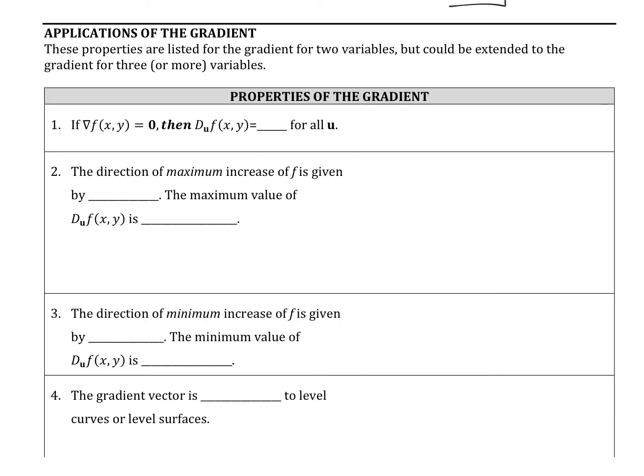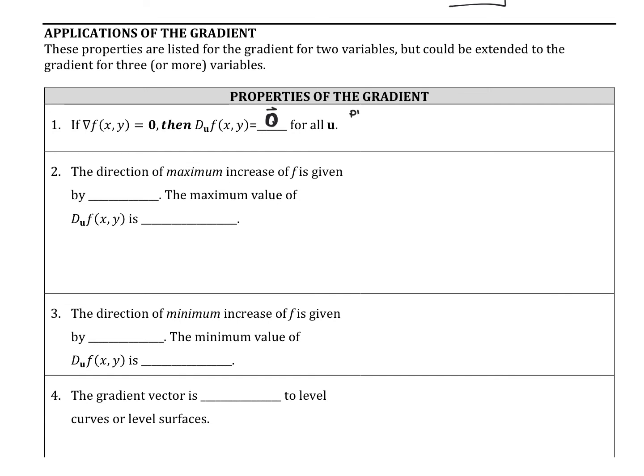All right, so the applications we're going to talk about relate to two variables. That's all we're going to look at today, but they could easily be moved into the idea of 3 variables. So the first property of the gradient says that if the gradient is equal to the 0 vector, then the directional derivative